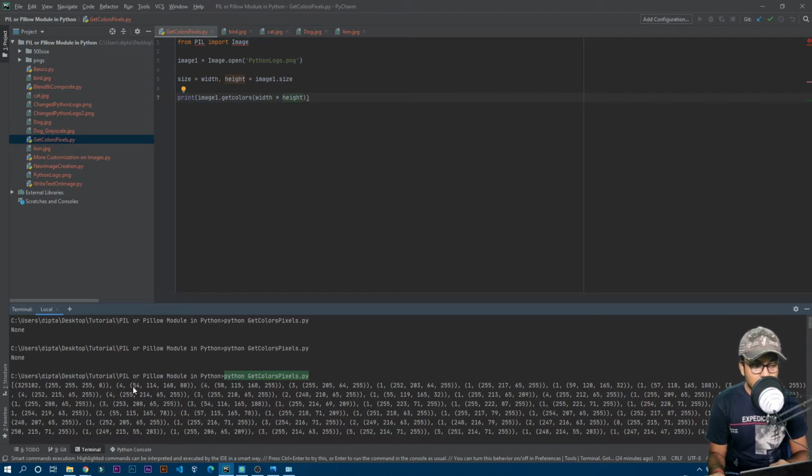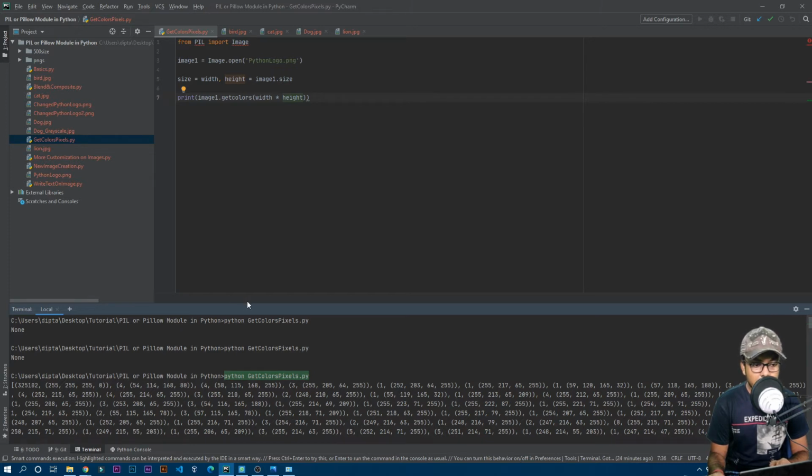And then this one, 54, 114, 168, 80, is repeated 4 times, and these are all in RGBA color. The first one is red, then green, then blue, then alpha. That tells how deep or how light the color is actually looking. So this is how you can get all the colors present in an image.